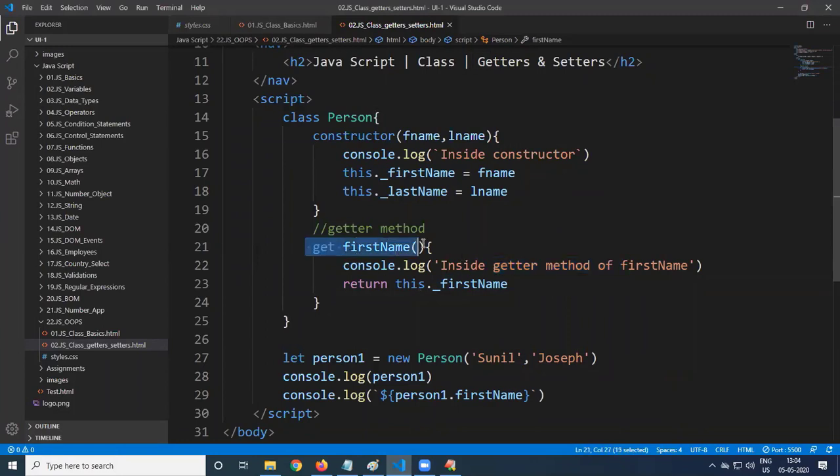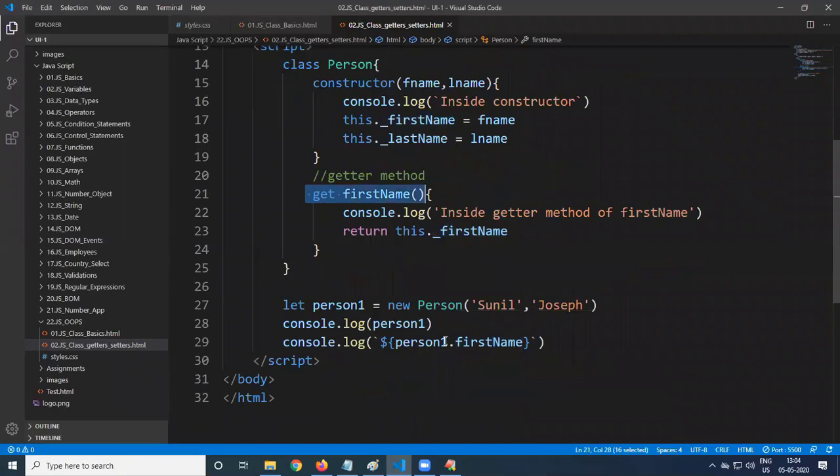So this getter method gets executed automatically whenever you are accessing a property. For what purpose is this concept introduced? This is something like encapsulation. We are making that property a private property. The actual property is underscore first name, but I want to access that property through what? I'm not showing this property to outside people. I'm just accessing it as first name. When you say this, this method is being called. It's not that you should provide first name itself, you can give anything. Now the people will have a clear understanding.